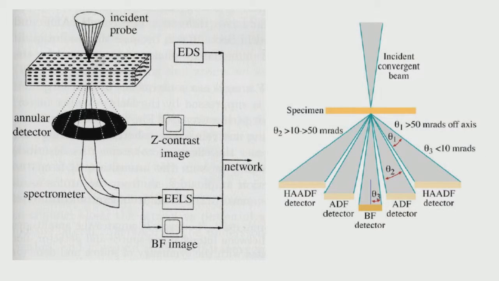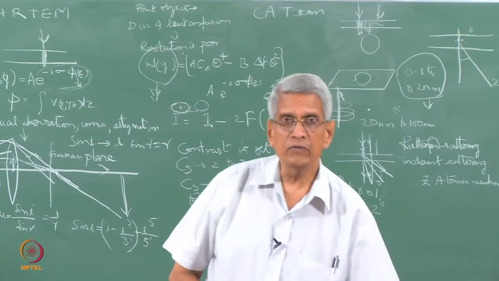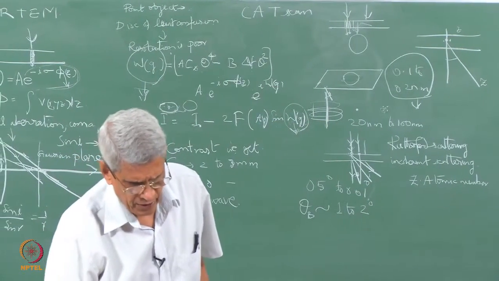Not only that, I mentioned that the beam in a scanning transmission electron microscope can be focused to 0.1 to 0.2 nanometer, which is almost of the order of atomic resolution. We can make the beam scan across the atoms column by column. As the beam passes through, if an atom is there, the transmitted intensity will be less, and in the in-between region the intensity will be more. Essentially we can obtain a sort of lattice resolution image. That is what is being shown here.